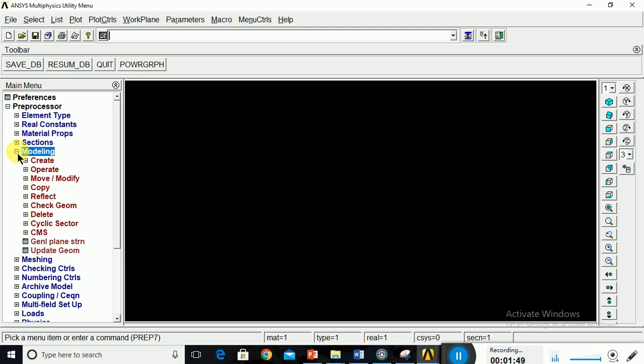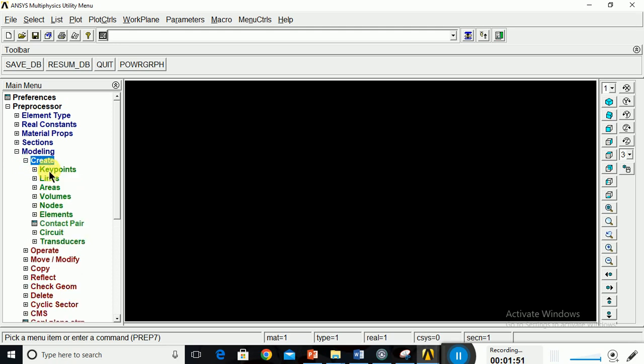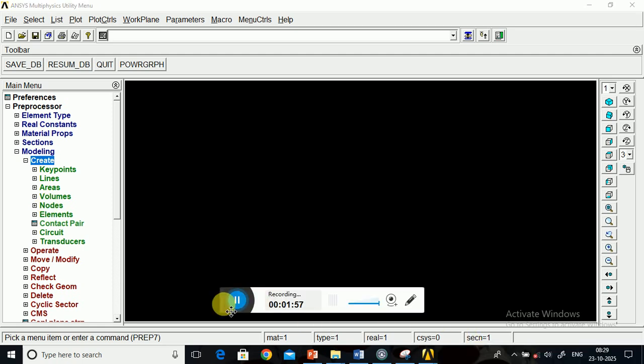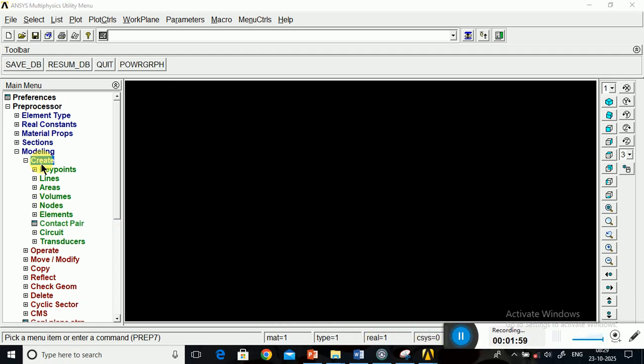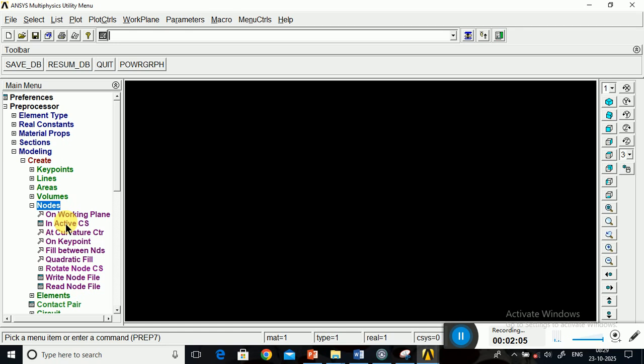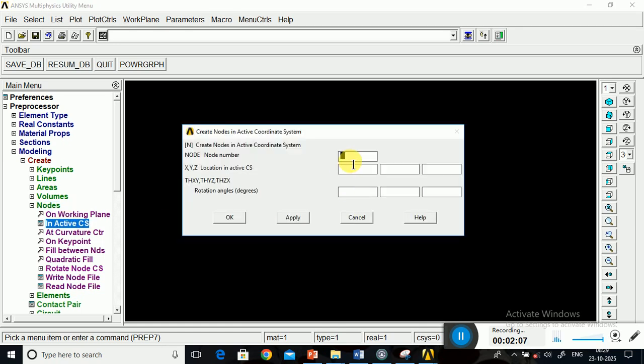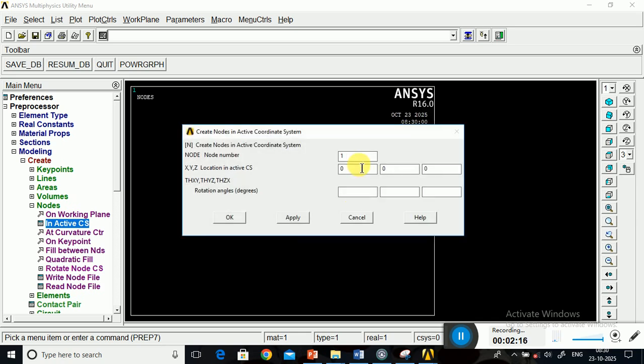Go to Modeling, Create, and select Nodes instead of Keypoints. Now create the node points in the active coordinate system. Select the first node, it is 0 0 0, which is the coordinate of the first node, apply.